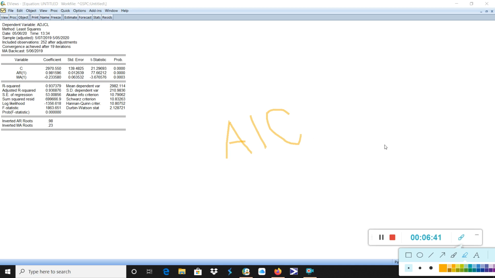If you require high power to penalize the errors so that the errors come down, the AIC value will be high. Suppose you see an AIC value of 700, that means a lot of power or force is required to reduce the error. But suppose you observe that the AIC value is 2 or 3 or even minus for that matter, that means very little power is required to cut down or reduce the error. Here the AIC value is 10, we can see here. In fact, the SC and HQ values are also 10.